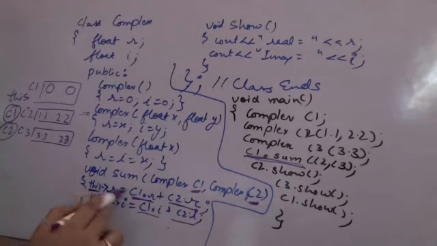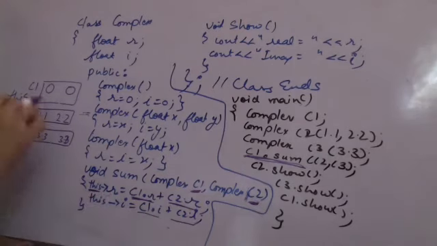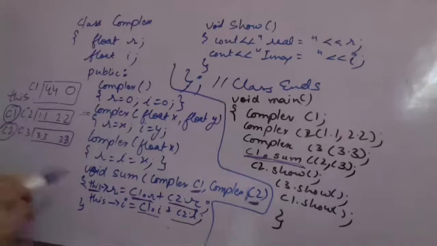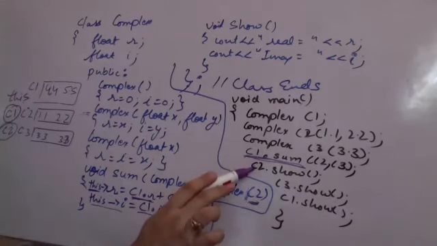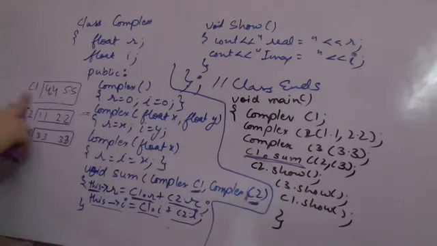So when I'm copying here this dot R, in C1's R I'm copying 1.1 plus 3.3. So this is replaced by 4.4. Similarly, when I'm copying the imaginary parts, this pointer is pointing to C1 here. I'm adding the imaginary part, so this becomes 5.5. So now when you are calling show, after this function has returned, these pointers are removed, they are gone from the local variables.